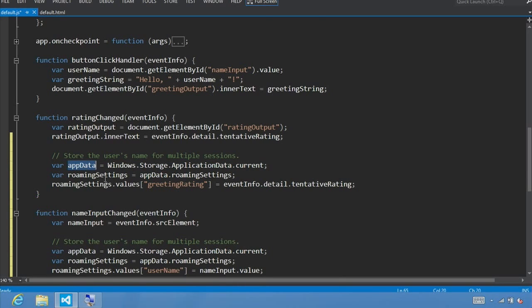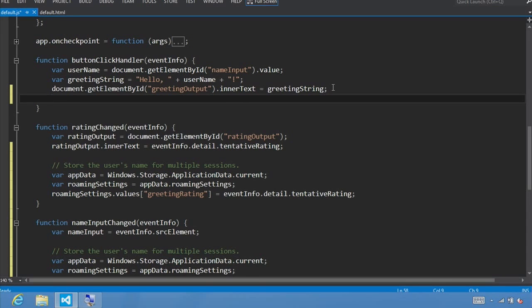Unlike app data, which is saving our data to roaming settings, session data is temporary data that is relevant to the user's current session in your app. A session ends when the user closes the app using the close gesture, or Alt F4, if they reboot their computer, or if they log off their computer. In our app, the innerText of the greetingOutput div is session data. We restore it only if Windows suspends and terminates the app. Because the personalized greeting needs to be saved only for the session, we store it in